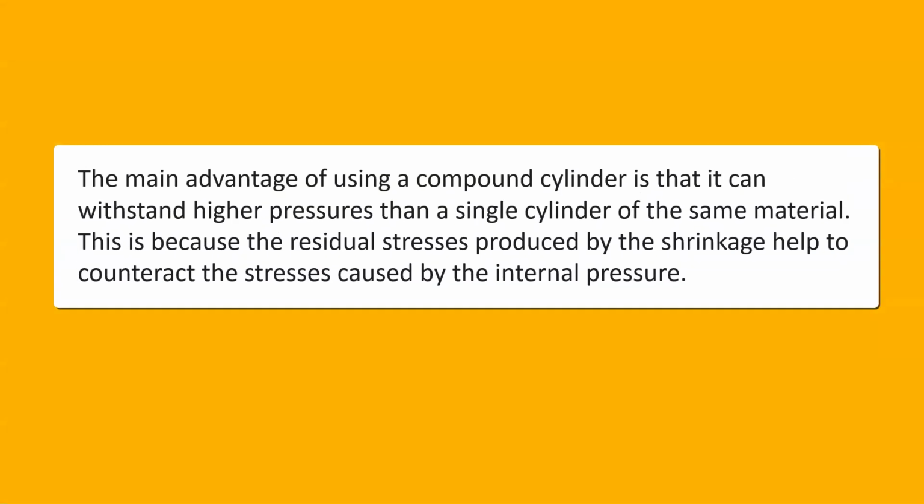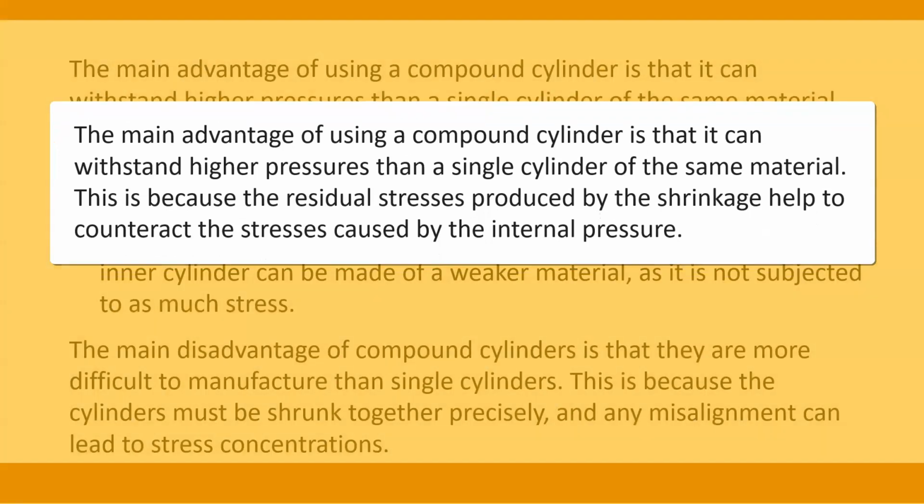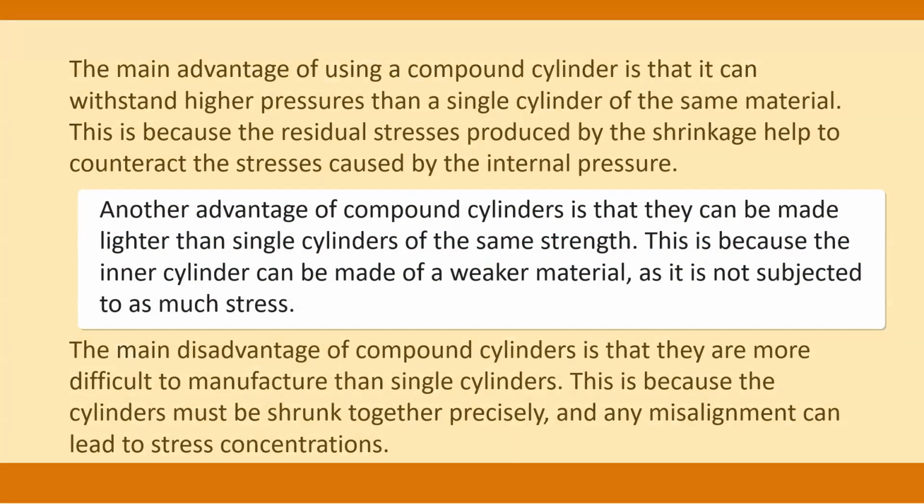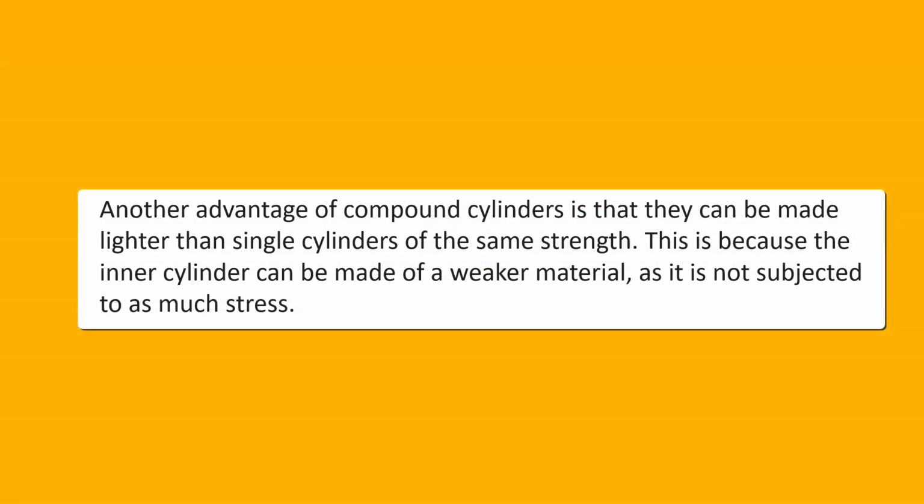The main advantage of using a compound cylinder is that it can withstand higher pressures than a single cylinder of the same material. This is because the residual stresses produced by the shrinkage help to counteract the stresses caused by the internal pressure. Another advantage of compound cylinders is that they can be made lighter than single cylinders of the same strength. This is because the inner cylinder can be made of a weaker material, as it is not subjected